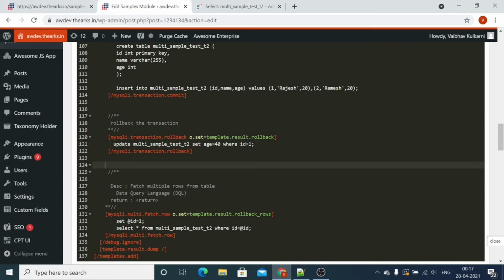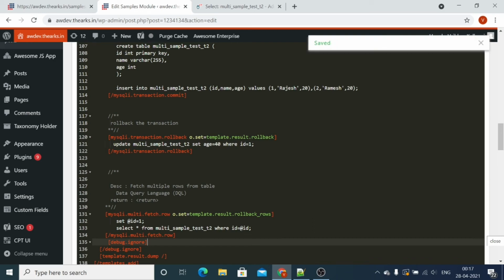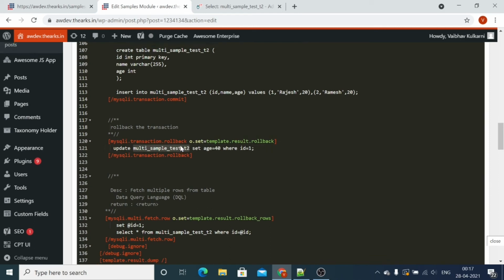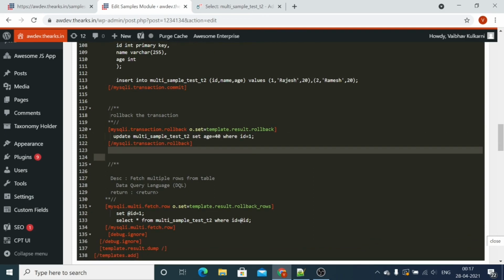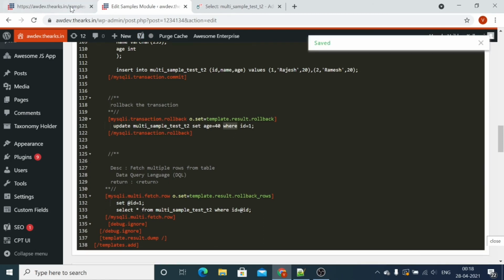So we have created one example for this. We are updating the record whose ID is 1 and setting the age to 40 in the table multi-sample test 2, right? So we have this ID Rajesh and the age is 20, and we are setting the age to 40, and then we are firing the query whose ID is 1. As this query is rolled back, this result will not appear. Now let's go back and check.